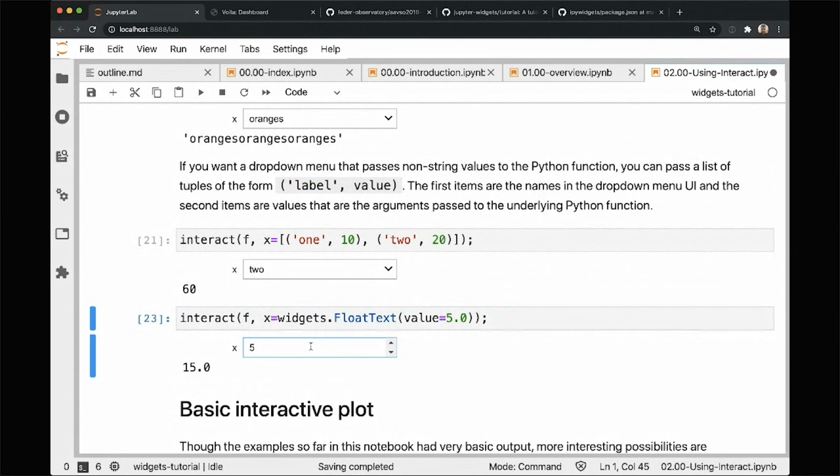FloatText is a text box which only takes floating point values. It doesn't do anything with those values until you hit enter. But if I try typing in a word, I'm mashing my keyboard right now, and most of it's not getting in. The letter E is getting through because